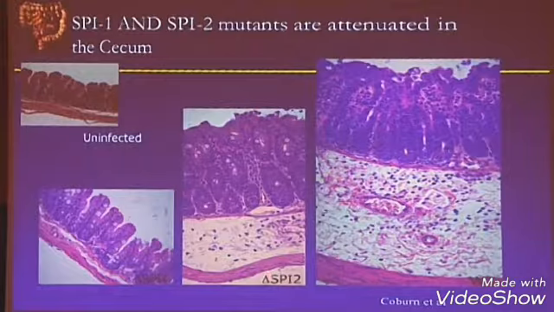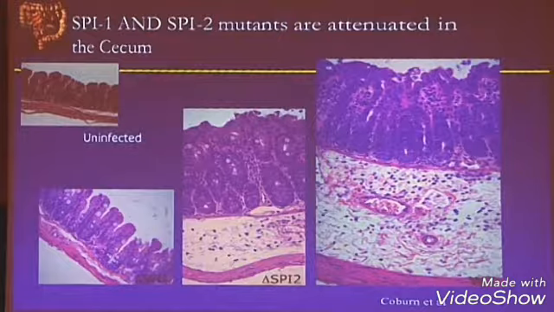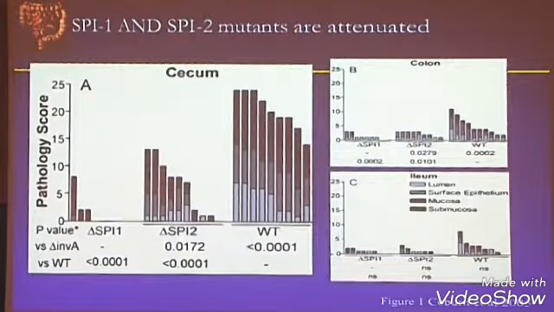So if you knock out the SPI-2 system, remember this is early, this is diarrheal type things, we're seeing an effect of the SPI-2 system here. And you can also quantitate that histologically. Of course, wild type has a lot of disease. SPI-1 mutant doesn't really have much disease at all. But look how decreased SPI-2 is. In all cases, SPI-2 is quite a bit lower than the wild type. So that's weird because we didn't expect SPI-2 to have any effect in the gastroenteritis type aspects of this disease. And that was the first real warning light we had that SPI-2 may be doing something that we previously didn't appreciate.